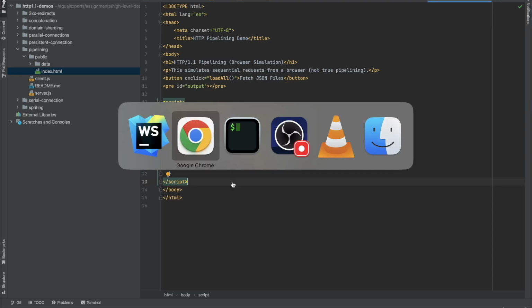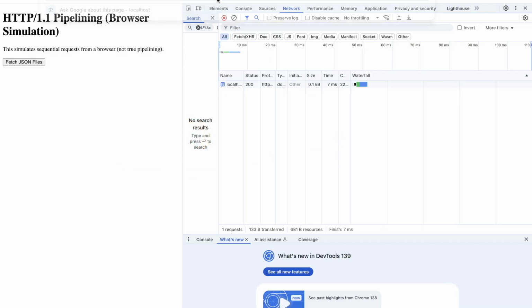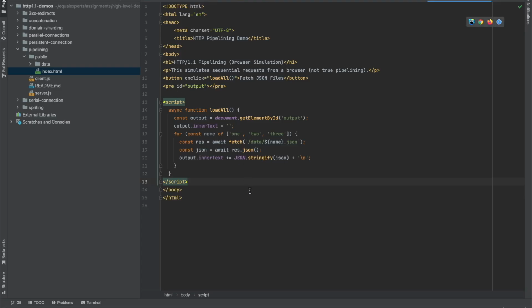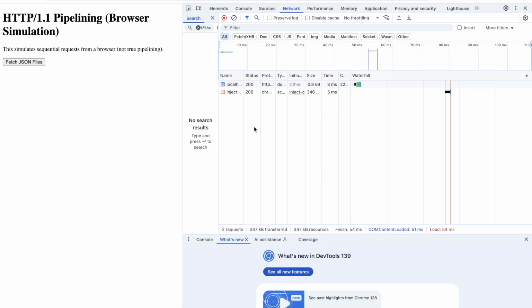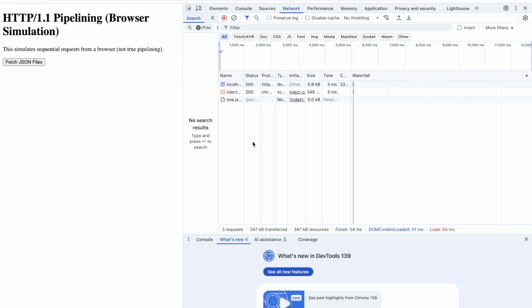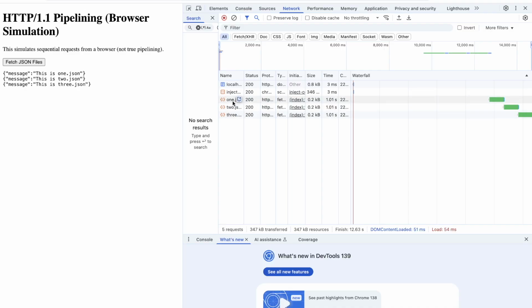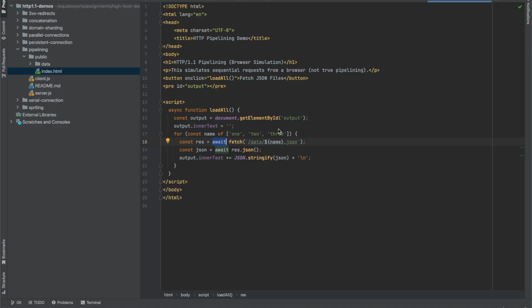So right now, let's see if I refresh my page. Okay, I have to fetch from here. Yeah. So as you can see, right now I'm using the await. So here I've put await. Because of this, only once a request is completed, another request is made, right? But if I remove this await here,